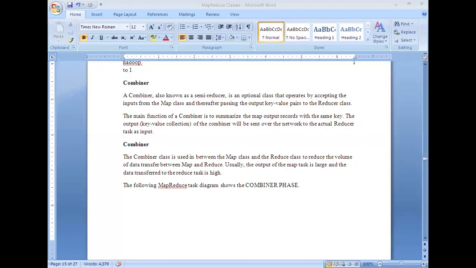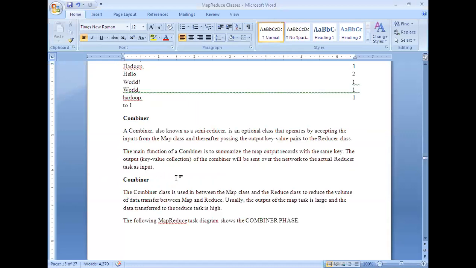Okay, for every program which you are going to implement using Java, you are supposed to write these three parts. As part of understanding the methods used in the mapper logic and the methods used in the reducer logic, I think we have covered the mapper logic.